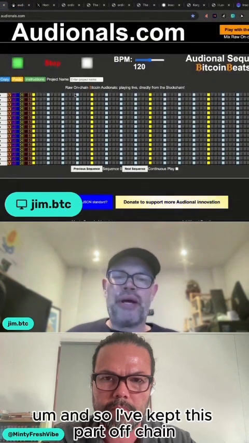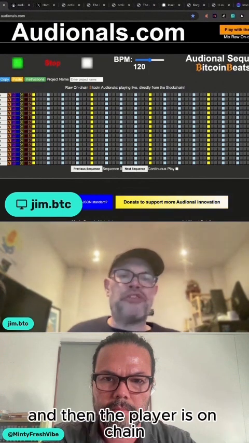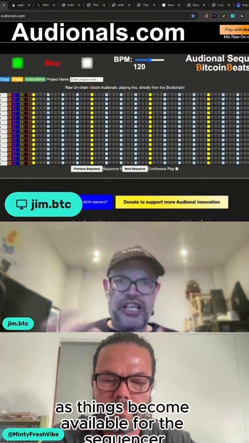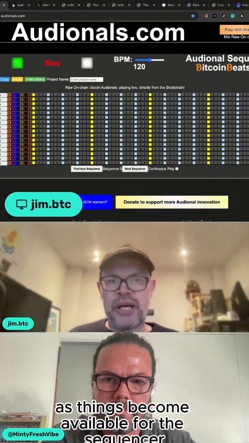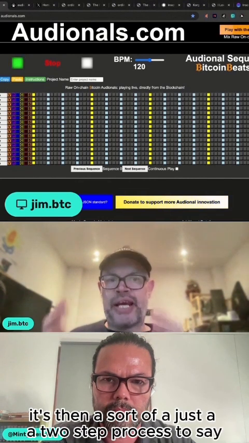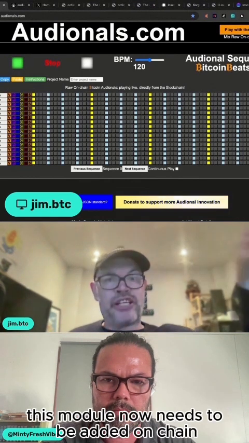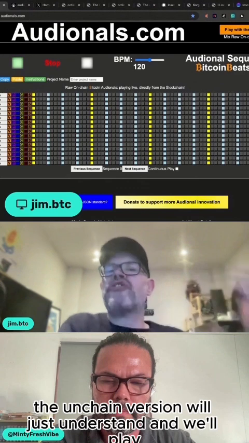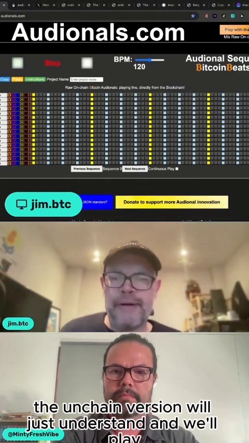So I've kept this part off chain, and the player is on chain. As we add modules, as things become available for the sequencer, it's a two-step process: this works in the sequencer, now this module needs to be added on chain, and then anything that you do in the sequencer, the on-chain version will understand and play.